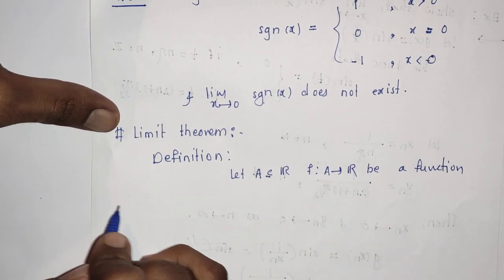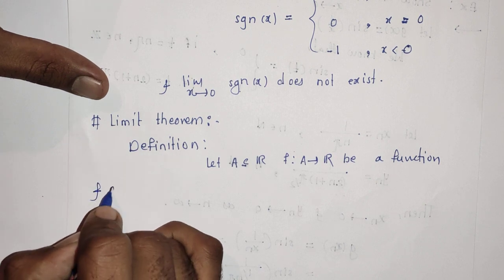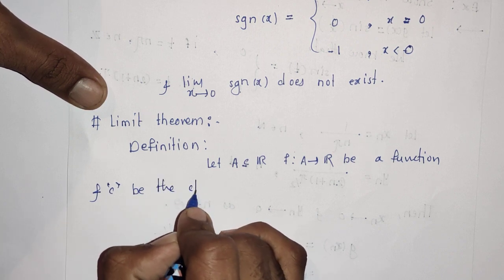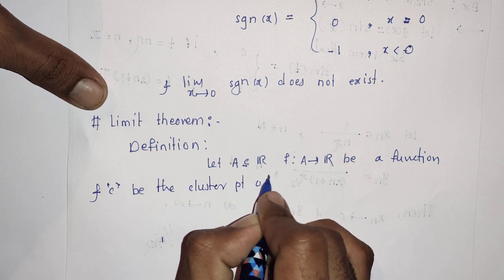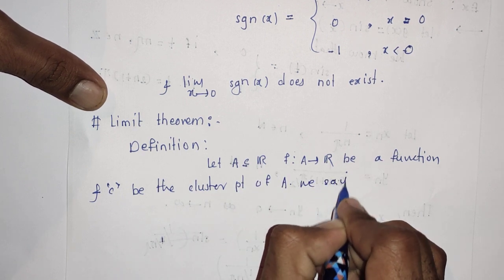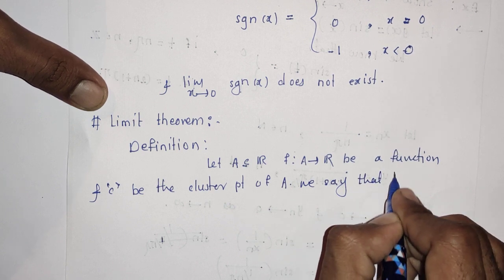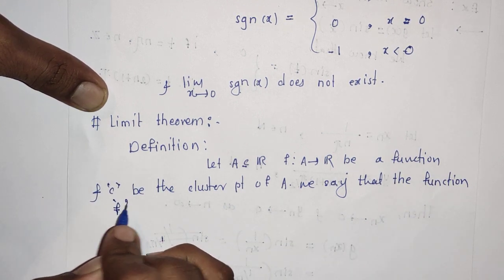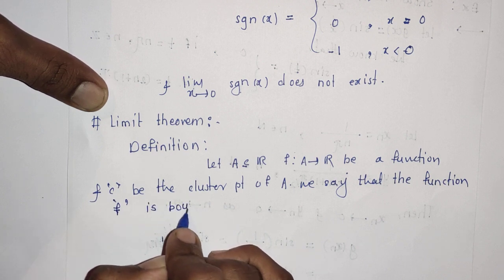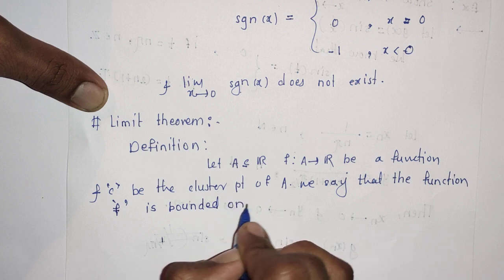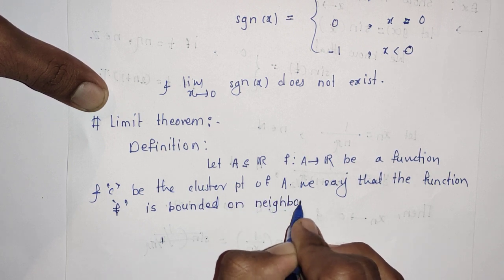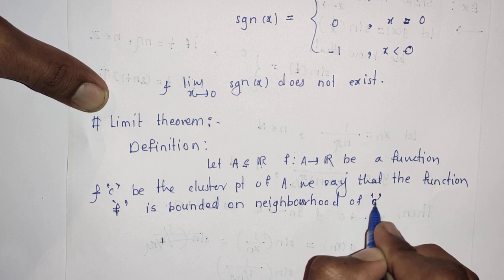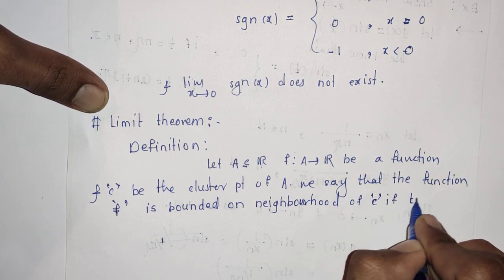Let f from A to R be a function, and small c be the cluster point of A. We say that the function f is bounded on a neighborhood of c, that is, the function is bounded on a neighborhood of the cluster point, if there exists